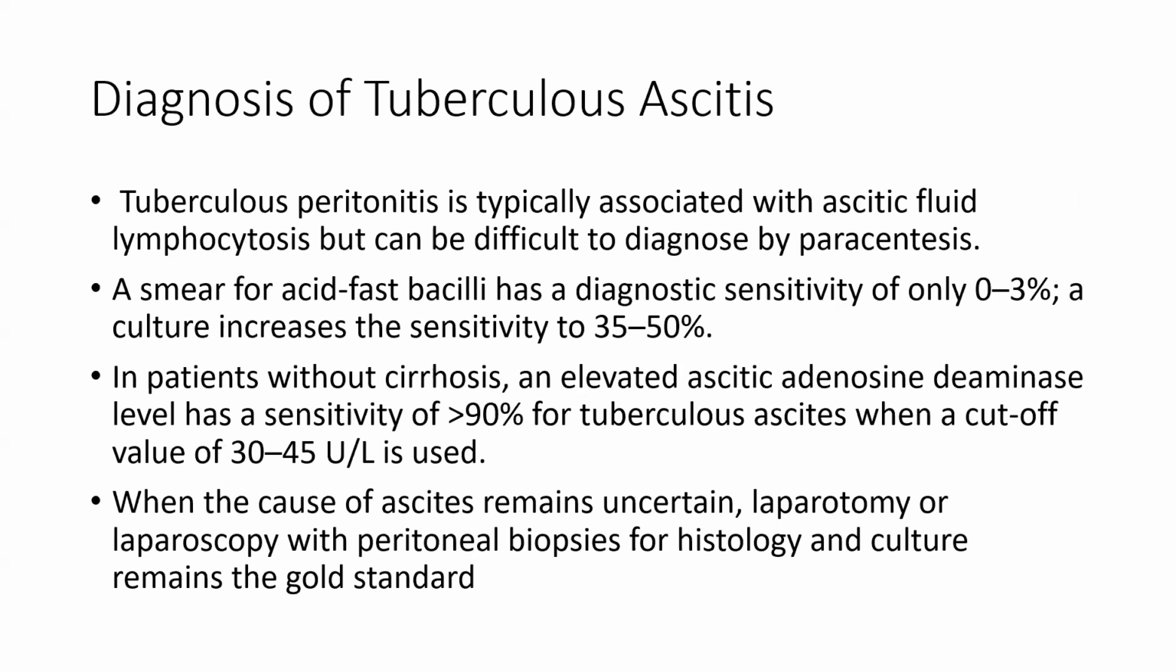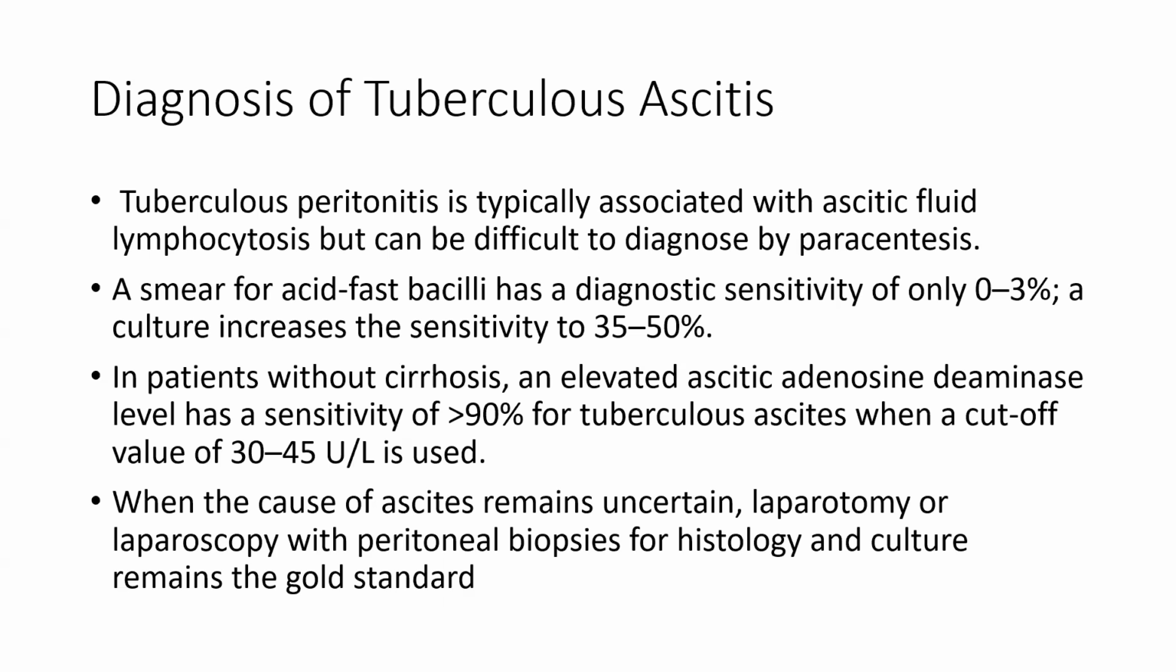Now, about the diagnosis of tuberculous ascites. Why is it important to diagnose tuberculous ascites? As we all know, the prevalence of tuberculosis in India is higher. Tuberculous peritonitis is typically associated with ascitic fluid lymphocytosis, but it can be difficult to diagnose by paracentesis. A smear for acid-fast bacilli has a diagnostic sensitivity of only 0 to 3%, but culture increases sensitivity to